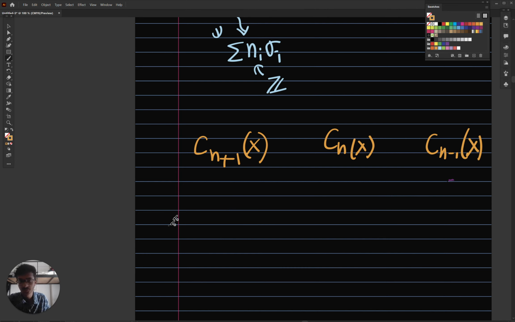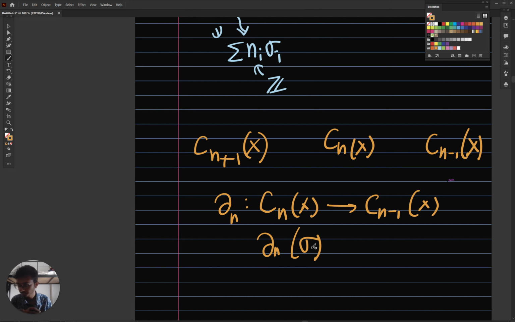So now we define the boundary operation from C_n X to C_{n-1} X, which just uses the orientation and triangles to define the boundary. We can take a sigma. What we are doing is we have a C_n which is generated by the sigmas. Now we are defining a map on the generators and asking that it be a linear map. So if we define it on our generators, then we can define a whole map on the whole group, and it's defined like this: (-1)^i sigma restricted. So we remove one of the